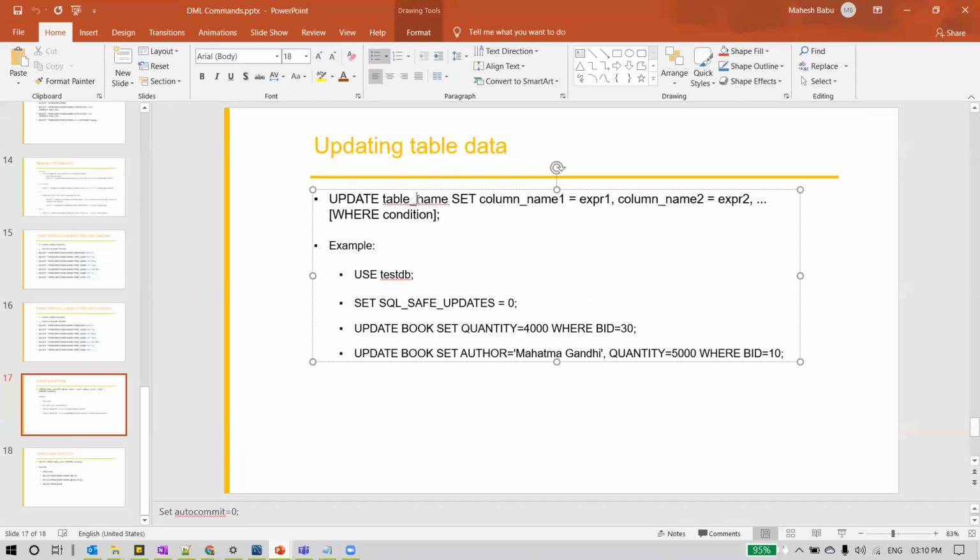So this is the syntax of it. Update table name, set column name equal to whatever you wanted to set. We'll write that value here, and so on. If you wanted to modify more than one column value, we can go on specifying more than one column, separating each column by a comma. And we can also have an optional where condition. If we do not specify this where condition in the update statement, the whole statement will be applicable for all the rows in the table. So always we will use where condition to filter the rows. Remember that.